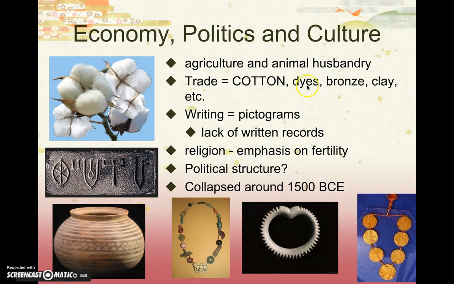With that said, in addition to cotton, dyes. One of the most well-known types of dye is the blue indigo, right? What one uses to make blue jeans, bronze, clay, a whole lot of things that are traded very regularly in these urban centers. What else? Just a few more things about trade, my apologies: even things like shells, woven cloth, silver, gold as well, jewelry. Essentially, these cities were definite signs of serious wealth.